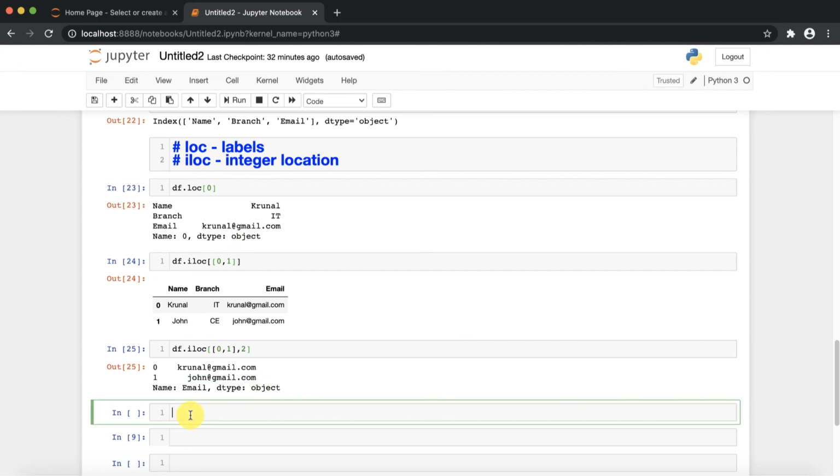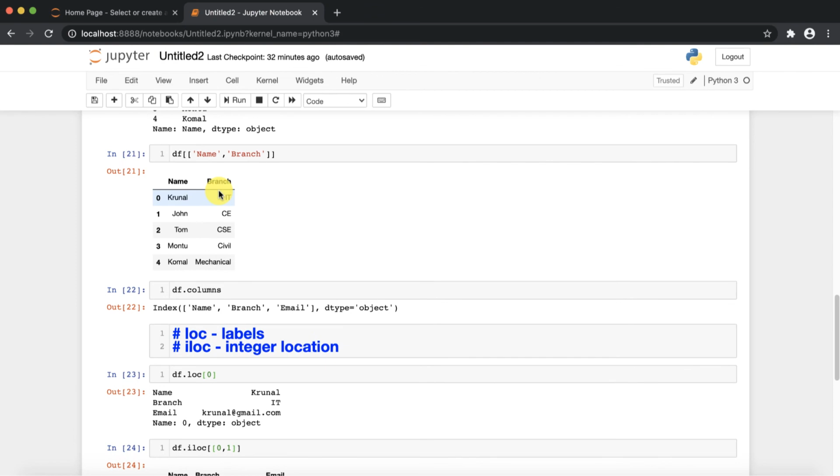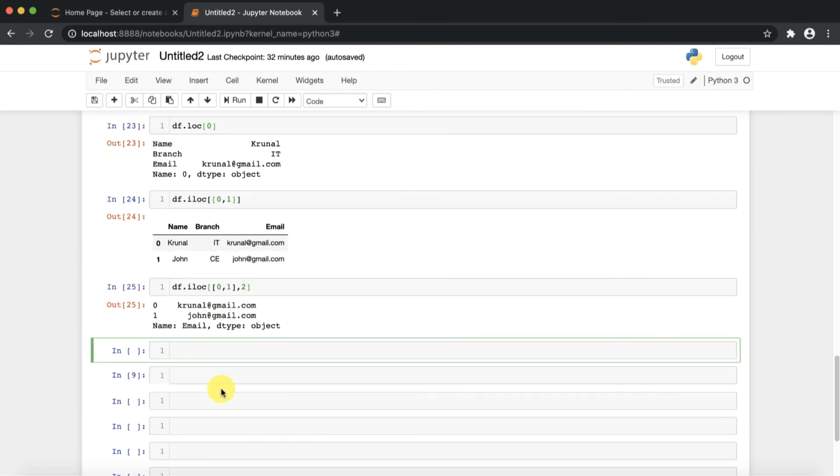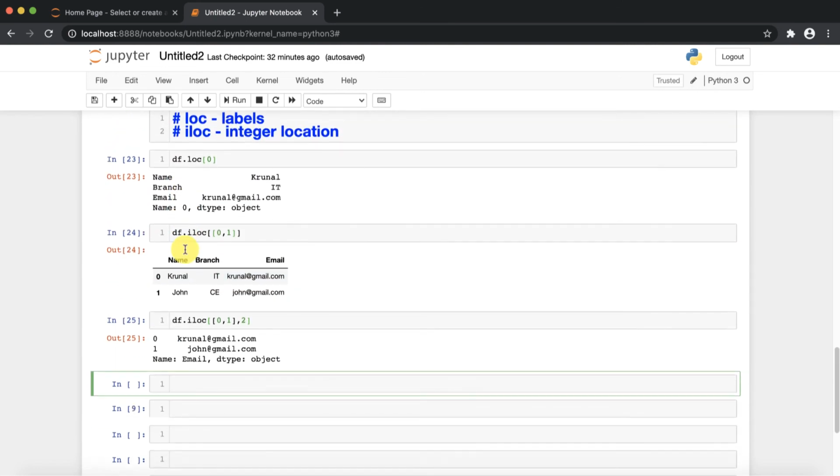Now here, the first row has the label 0. Our row labels are 0, 1, 2, 3, and 4. In my next video, we'll see how you can change those labels. But right now we have labels 0 to 4.